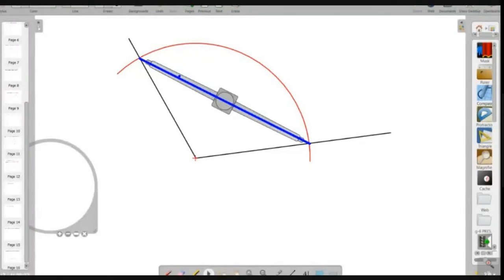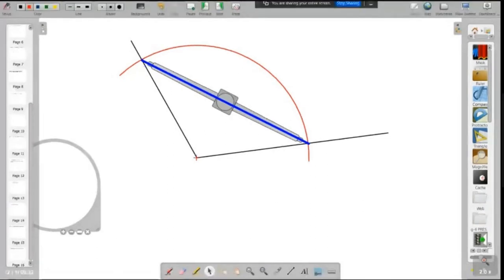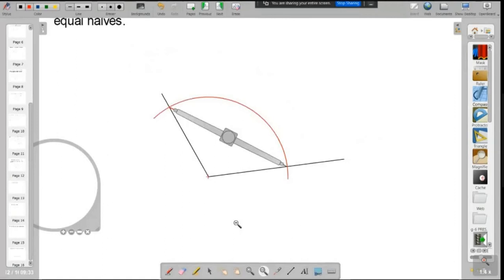You understand? You can keep it. The compass distance need not be the distance of this blue line segment. It may be more than half of it. But for your understanding, I am keeping it like this so that you won't have any doubt in this. Now I will zoom it out and then show it to you. Now you can comfortably see it.